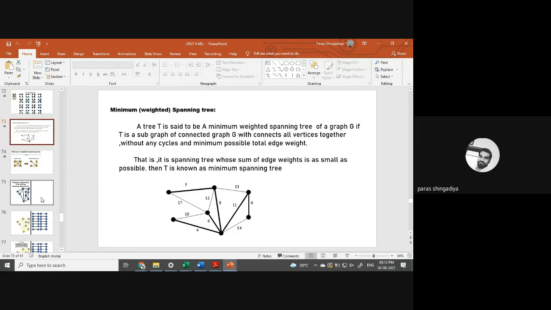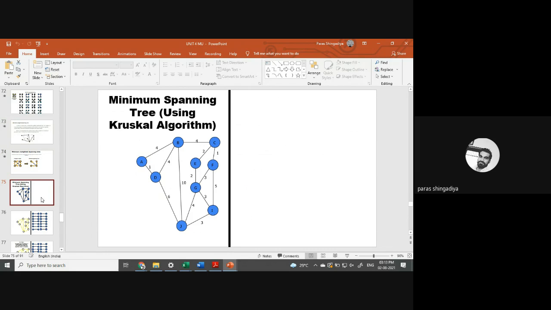We have to start the spanning tree by considering the minimum weight. Okay. So वहां से आपको start करना. And then after that connect all the remaining weights, and you will get this type of graph. That is one of the graphs here, and this black shaded line is a spanning tree of this graph. That is the minimum weighted spanning tree. If we find the total of all these values, this black shaded line will be the minimum. Clear? And we have one algorithm to derive the minimum weighted spanning tree, that is known as the Kruskal algorithm.